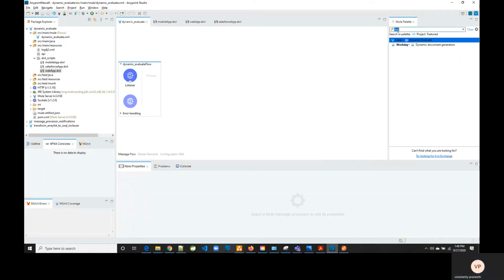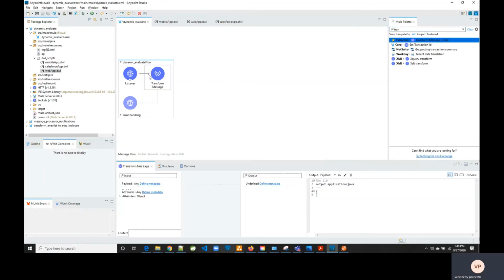Then we have a Transform Message component configured here, in which we set a payload. Assume this payload is coming from the system API. All these fields might not be expected by all the client applications, so that dynamic response is what we are going to see here.